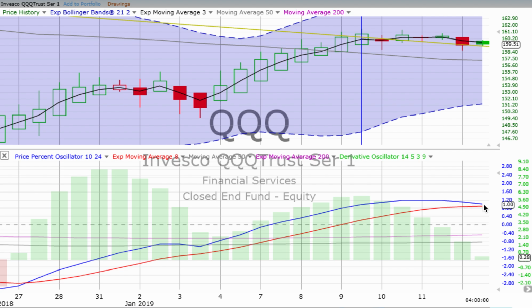Derivative oscillator losing downward momentum. Price percent oscillator heading down. Don't have a crossover yet, but again, remember, we have the difference between the weeklies in a confirmed down move, 2 days in a confirmed up move. So even if the 4-hour crosses over going down, doesn't give us a jumping in point.